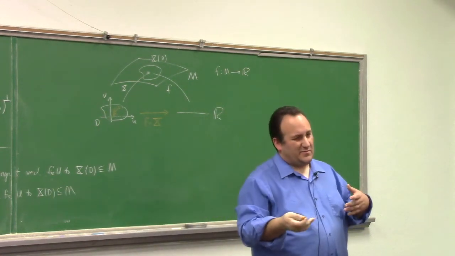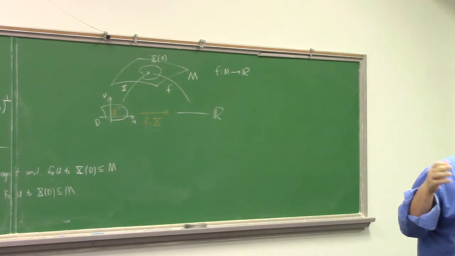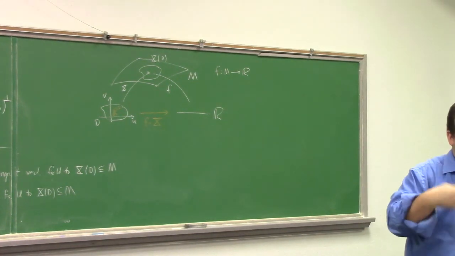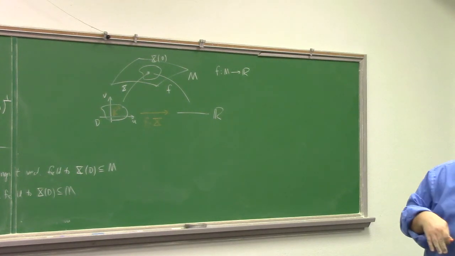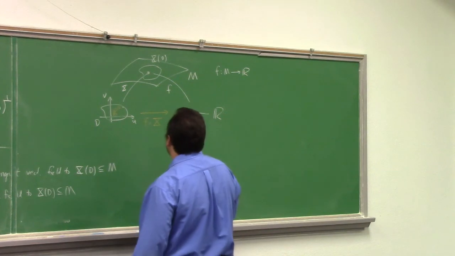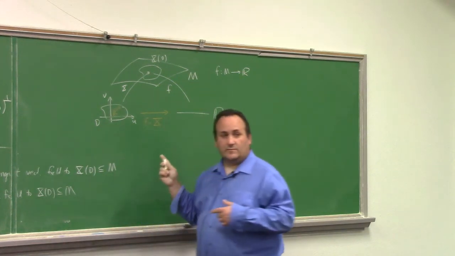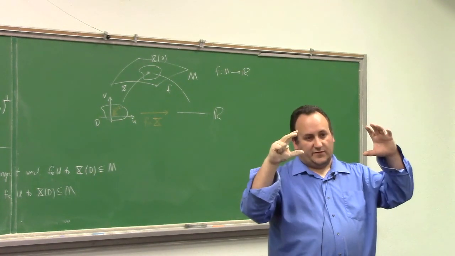And there's a theorem that says if you have more than one patch floating around, it suffices to check it on one patch. I think we did this last time. So if we had two different patches on the surface, right, and we look